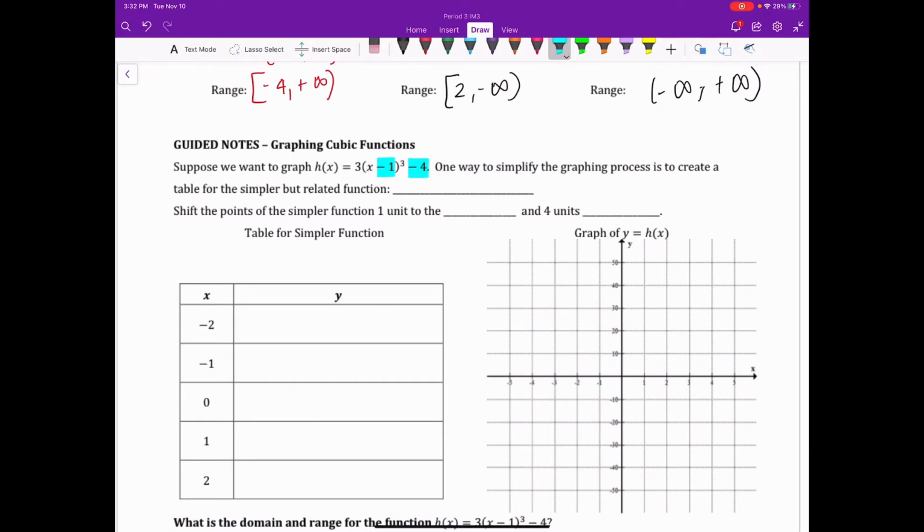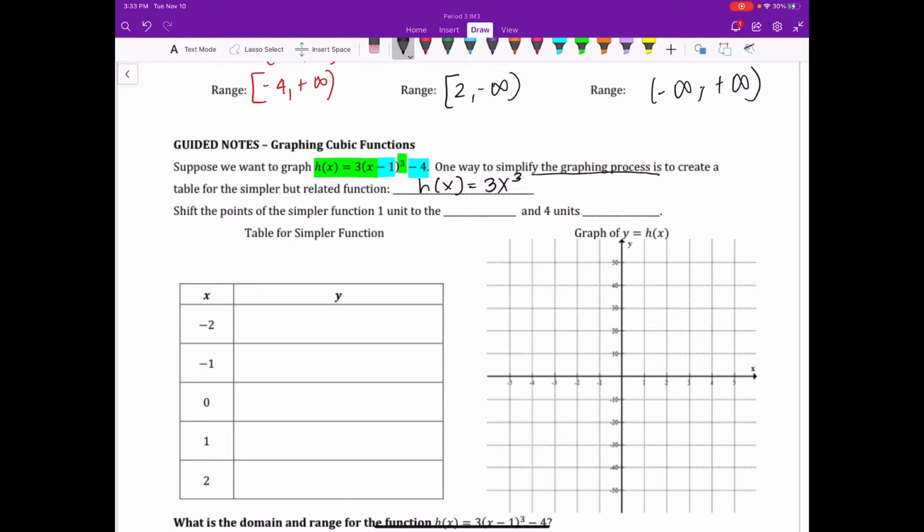So if I ignore the h and the k, I end up with h of x equals 3x to the third power. So I'm going to write h of x equals 3x to the third power. Remember, this is only to simplify the graphing process. So I'm going to create a table for that. Once I create the table, all I have to do is shift the points